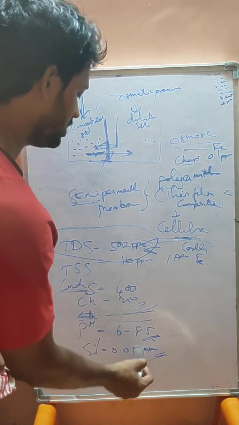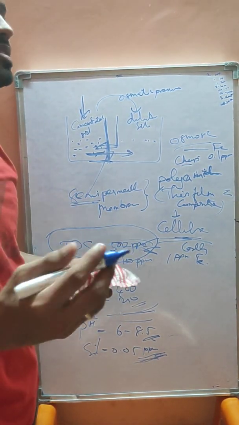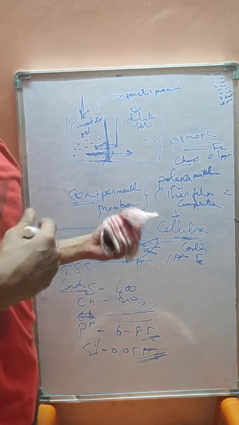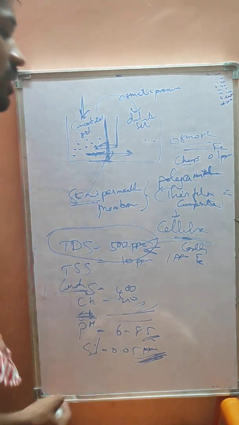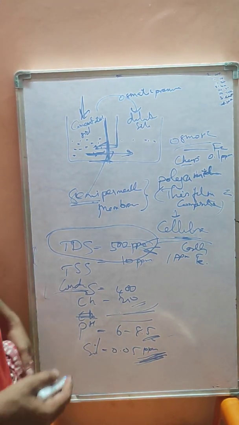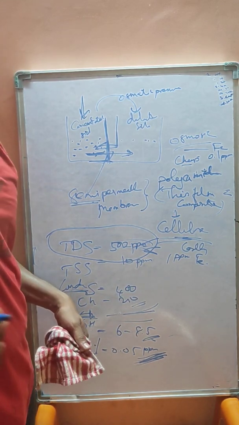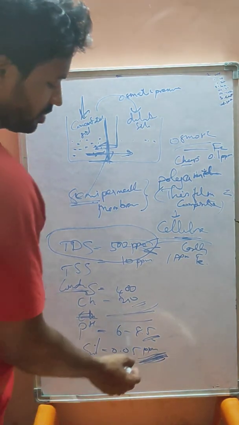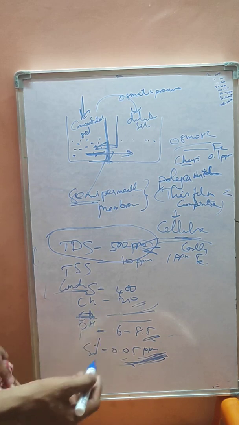So we follow this very strictly here, because if the DM water is used in a boiler, it will affect the turbine blades and all. So silica removal is very important in RO. If we are not going for turbine and boiler production, something like that, then we don't need to consider this much. That will be okay.